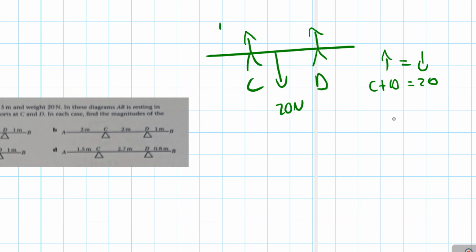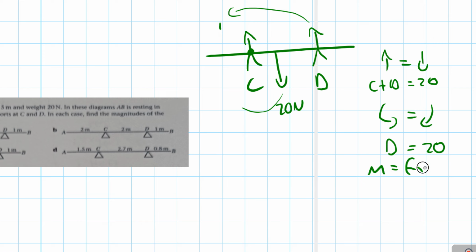Again, we're going to take moments. We could take moments from C. So anti-clockwise equals clockwise. Again, 20 newtons is going clockwise around C, D is going anti-clockwise around it like a clock. So it's going to essentially be D is on that side, 20 on the other side, and then we take moments, which is force times distance. So we're going to take moments